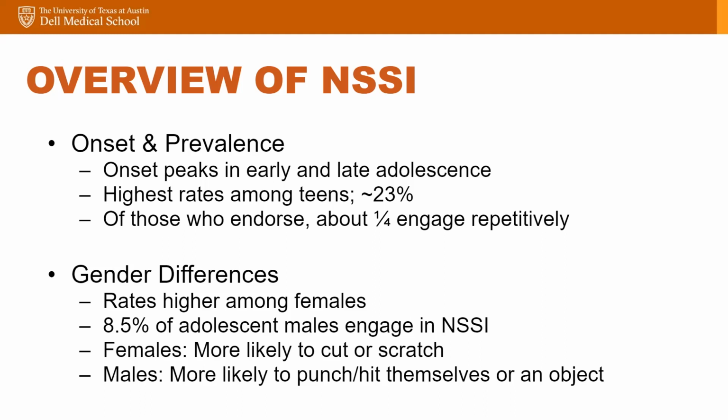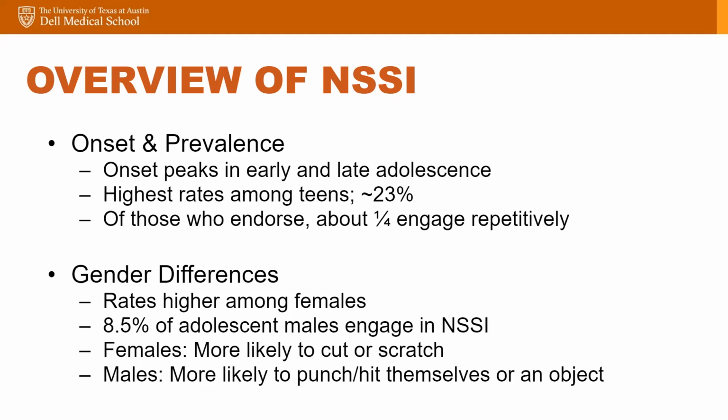Specifically, we know that there tends to be an onset of the behavior in early adolescence, so between the ages of 11 and 15, and late adolescence between the ages of 17 and 18. There's different ideas as to why this behavior is typically seen to start or begin during these two time frames within the life of youth. But one of the more common ideas put out there is that these time periods, these age ranges, tend to be those associated with high transition for early adolescents and for later or older teens.